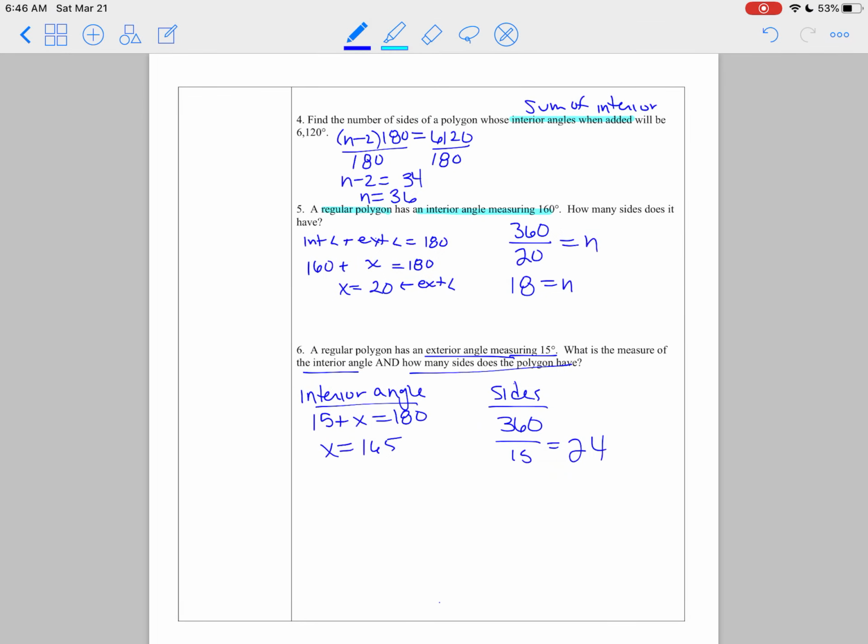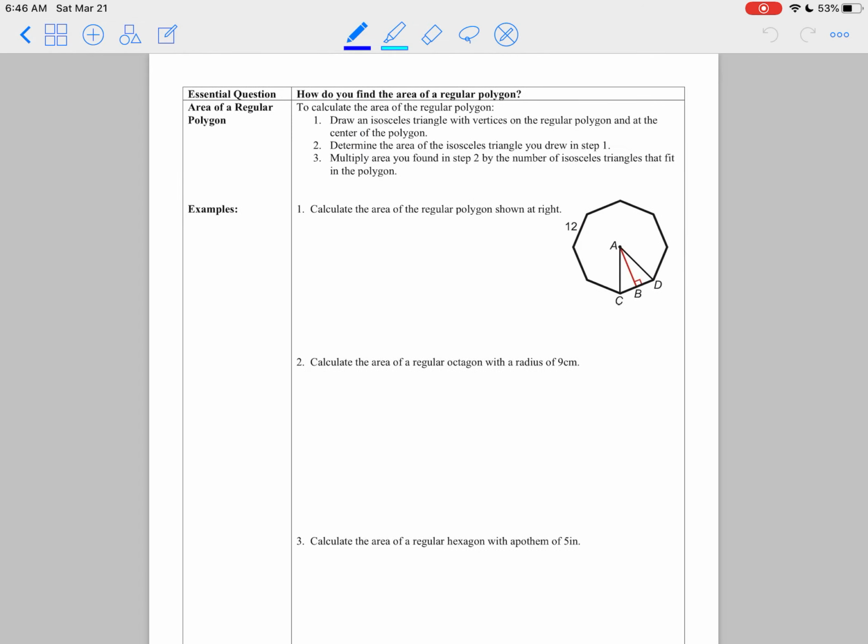So that's it for the angles of a polygon. I'm going to make another video for the area of